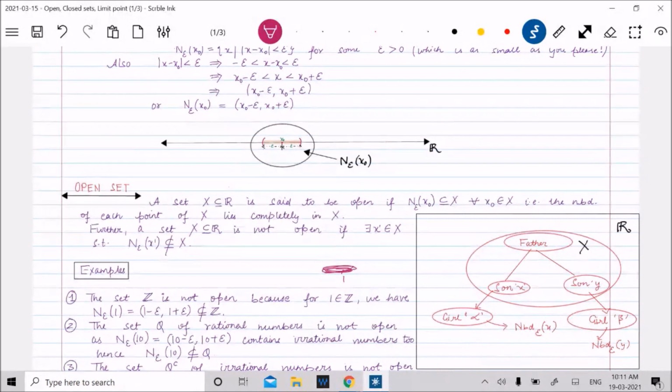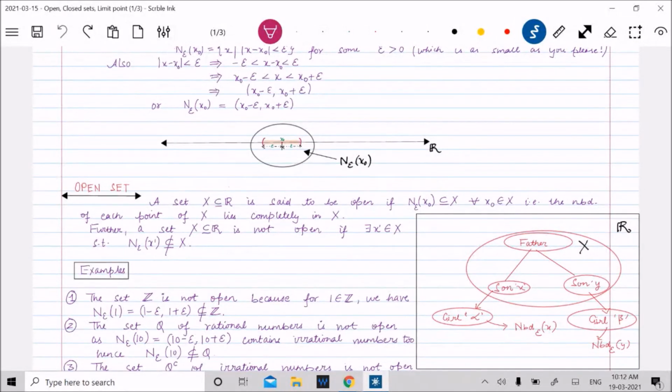And you can see that the points falling in the neighborhood of 1 will not be belonging to the integer set capital Z, because there will be actually real numbers which will fall on the left as well as on the right of 1. You have chosen epsilon as the least positive distance. Note that epsilon is something which is very close to 0, but not 0, right? So the neighborhood of 1 with the epsilon radius is an open interval 1 minus epsilon to 1 plus epsilon,